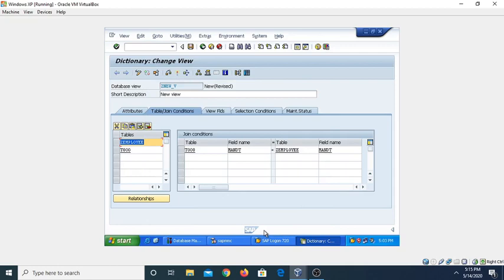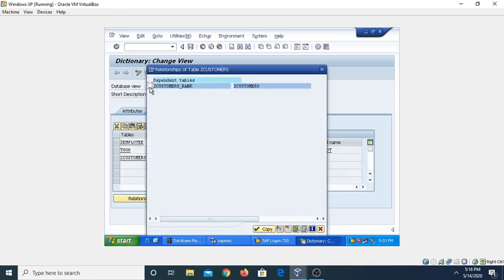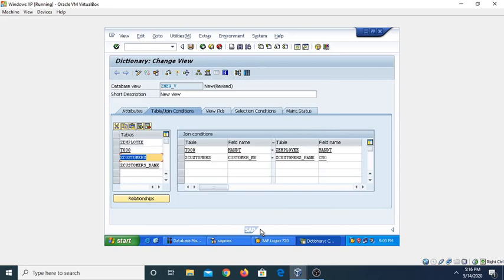Now you can see here all the foreign key relationships of the table to another table are listed. Mark the relationship to the table and choose the Copy push button. Now the join conditions are copied from the foreign key. You can see we have two tables here and the join condition is showing. If you want to include another table, you can also do that. Suppose in our case I am including Z customers. Now click on the Relationship button, then select the dependent table and then click the Copy button.